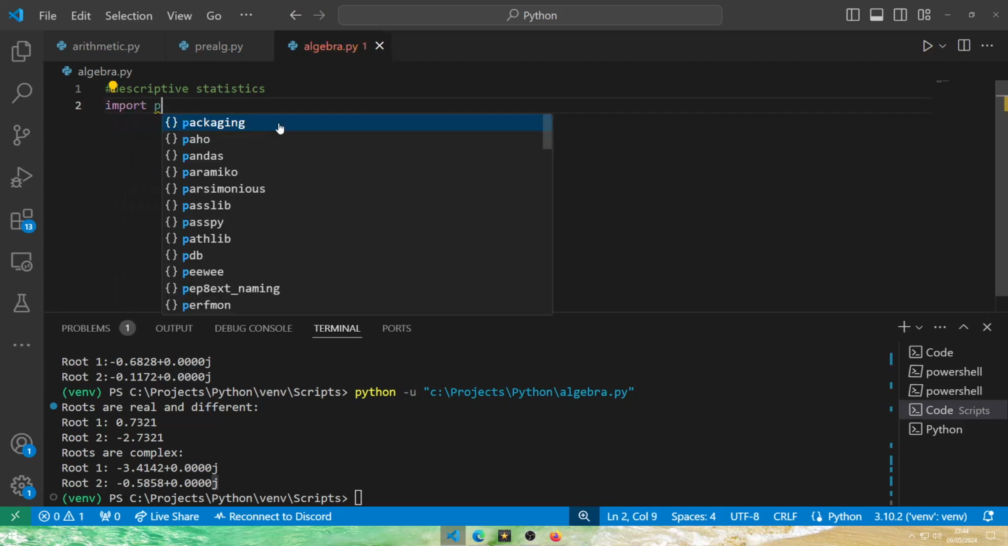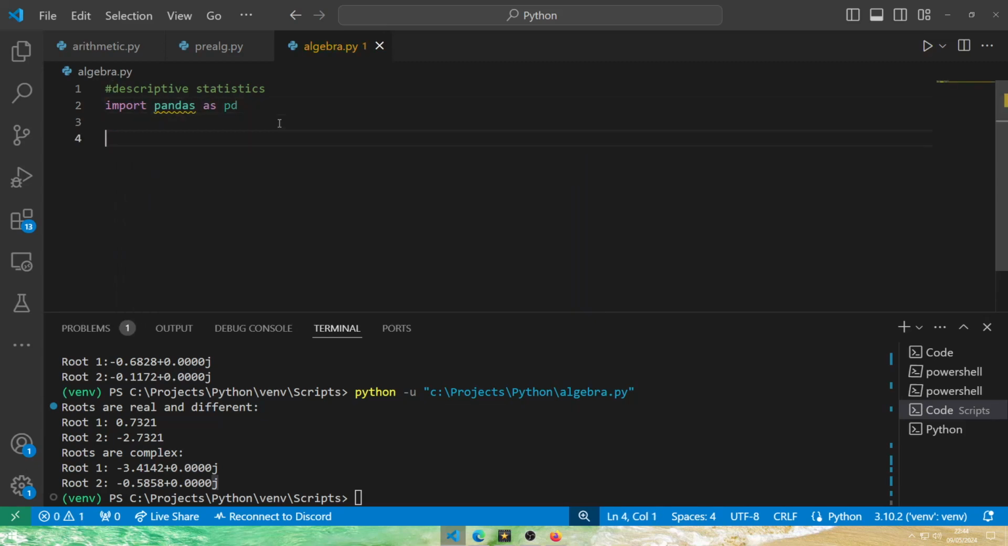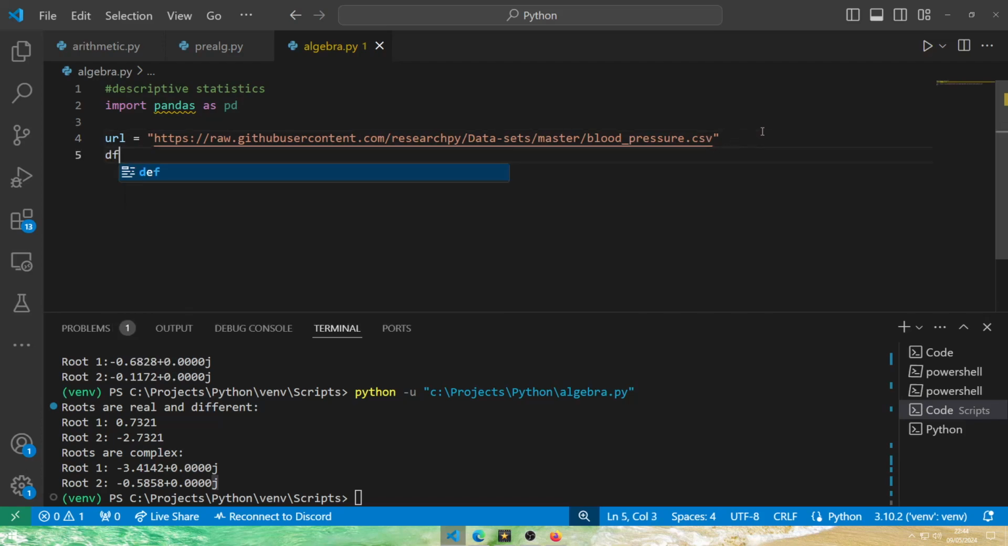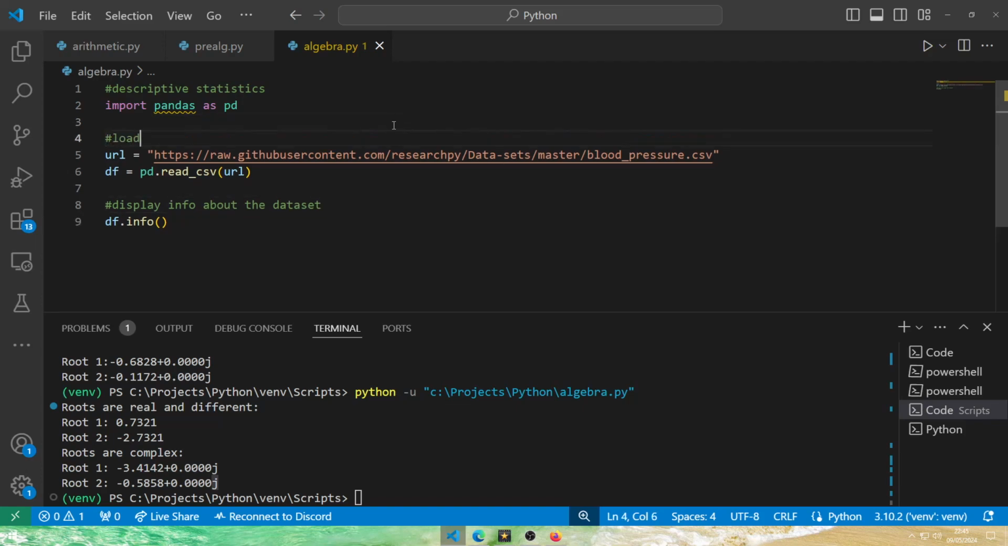So one way is we can import pandas as pd. And if you had some kind of URL with a data set in it, you could do like URL. As an example, here's a GitHub data set, something about blood pressure records from some doctor. So here we could do df equals pandas read CSV URL, and we could use this to display info about the data set. This one up here loads the data set. So if I run play here,